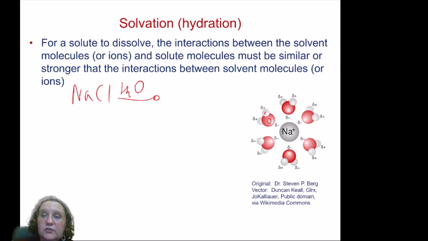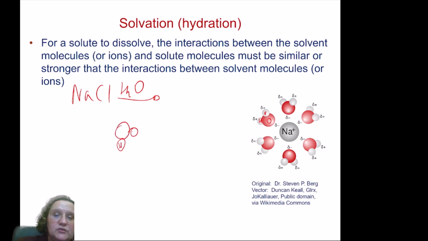If you think of the oxygen, and these are the two hydrogens, we talked about how the oxygen is very electronegative. It pulls the electrons from the bond, and that means that it has a strong partial negative charge. There is a lot of electronic charge around the oxygen, and that makes it attracted to the sodium ion. And if you think of the molecules on the other side,